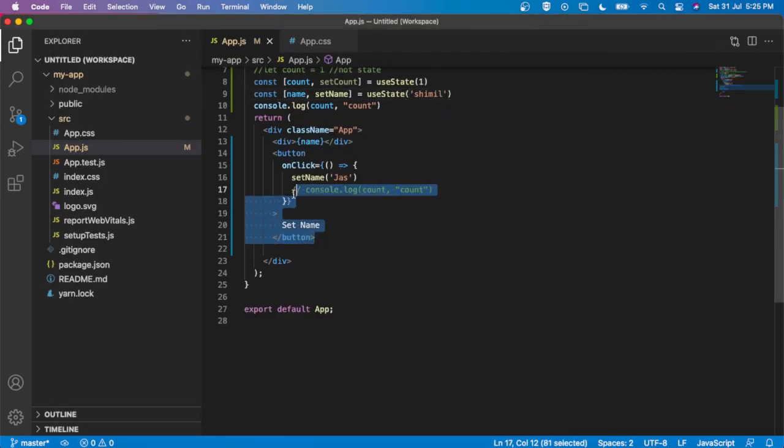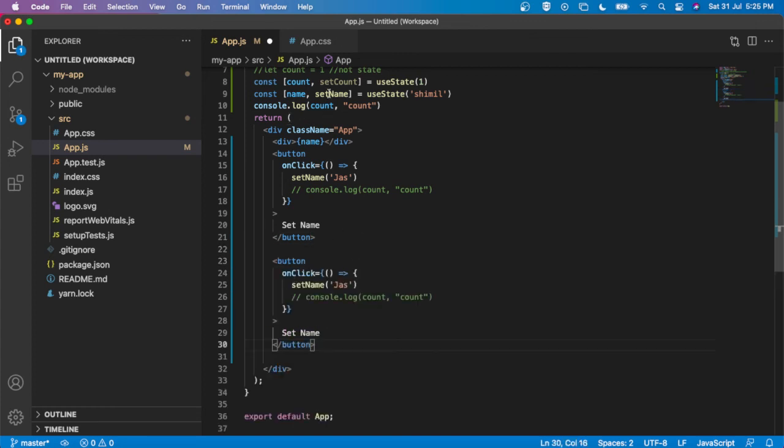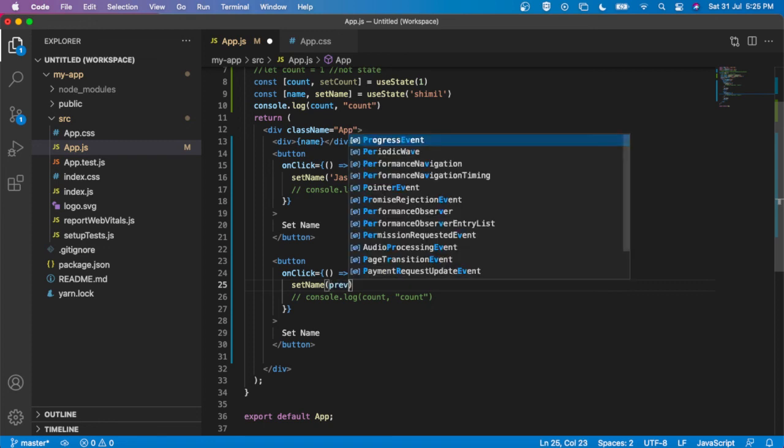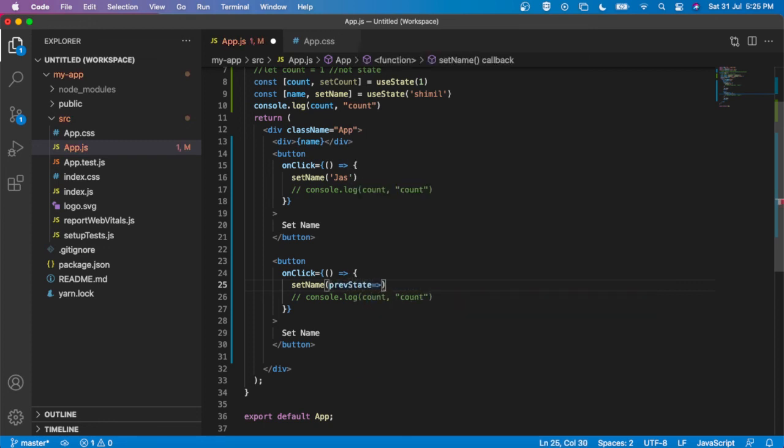Okay, now if I want to append to that string, what I can do is go here, set name. I can refer to the previous state. Okay, then I am doing my string concatenation here, previous state. Okay, with the previous state I am going to add a new string here, JAS.